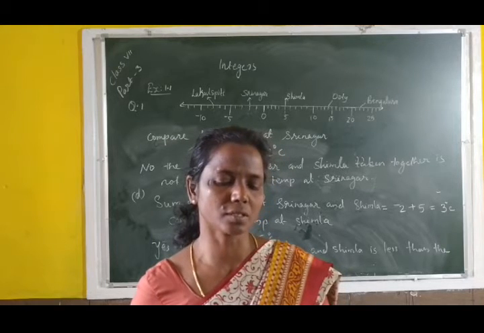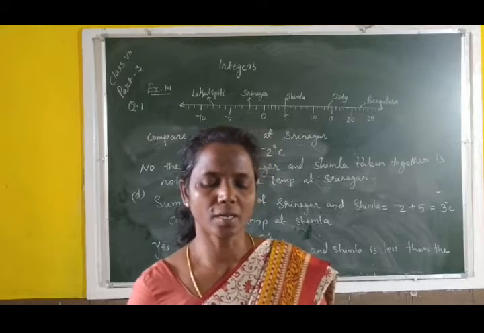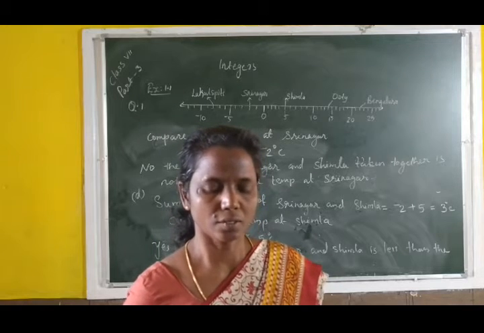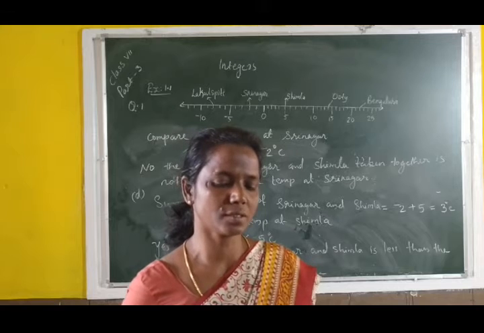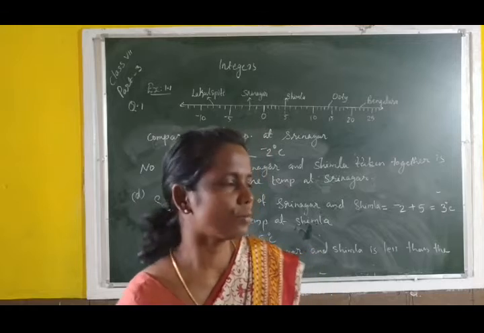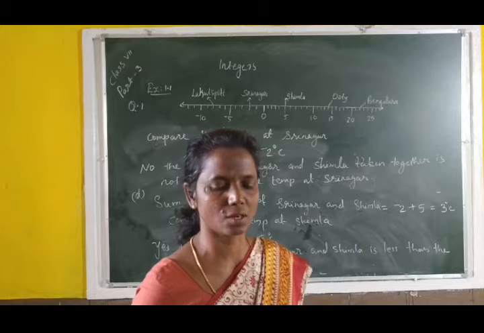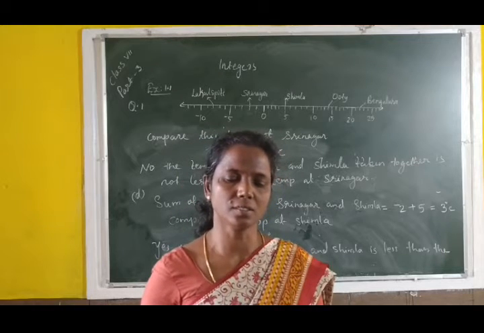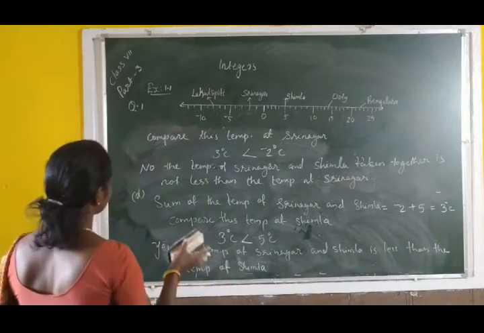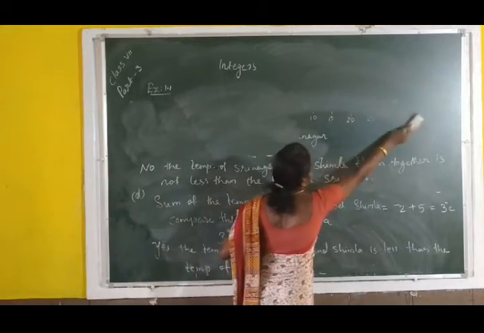Then Srinagar temperature how many degrees Celsius? Negative 5 degrees Celsius on Monday, and then on Tuesday it dropped. Dropped means go down, fall. How many degrees did it go down? 2 degrees Celsius. Then what was the temperature on Tuesday? And Wednesday, what happened? The temperature rose, means increased. How many degrees? 4 degrees Celsius increased. Then what was the temperature on this day? Is it clear?